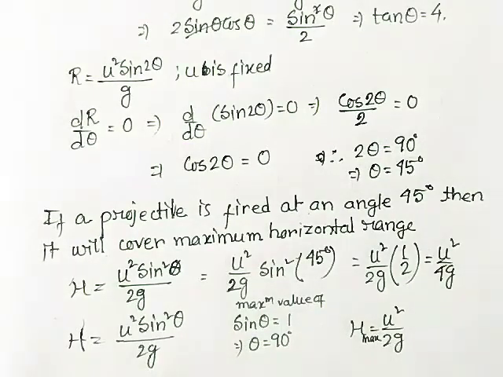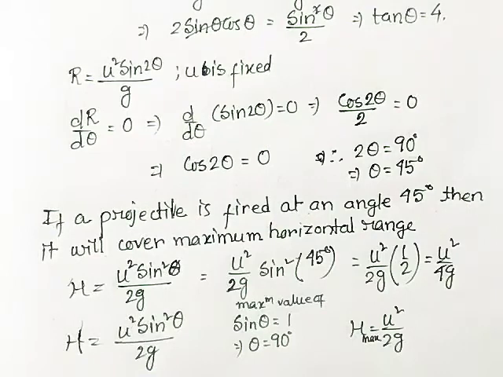Then it is half of that. Whatever I have done now is about the calculations. Now if you try to apply the concept, if theta is 90 degree, then just think, is it a projectile motion? No. If the projectile is fired at an angle of 90 degree with the horizontal, then it will not be a projectile motion. It will be purely vertical motion under the acceleration due to gravity.